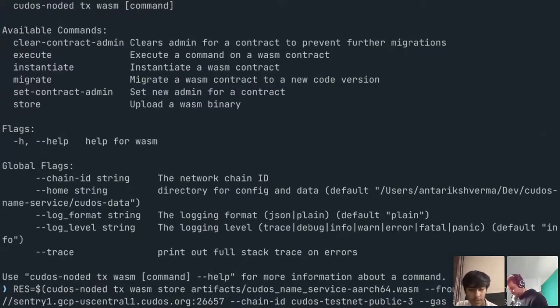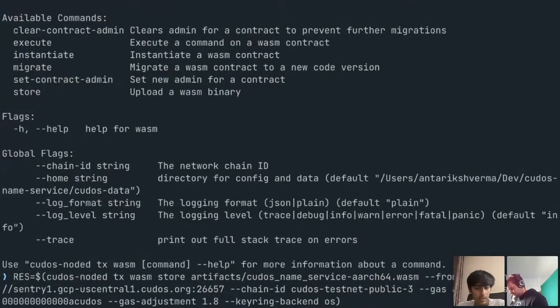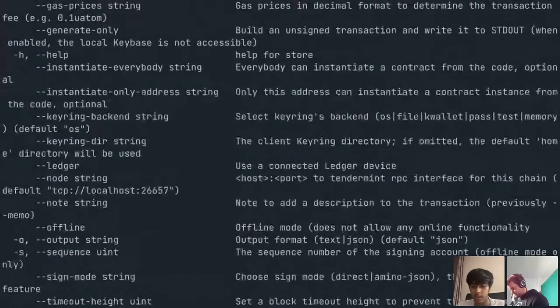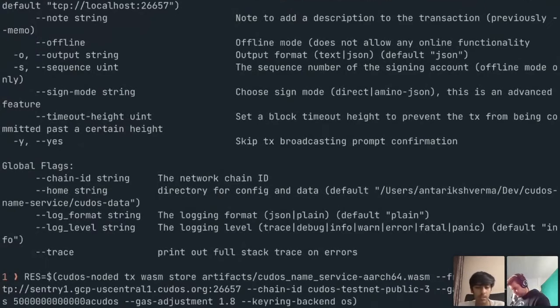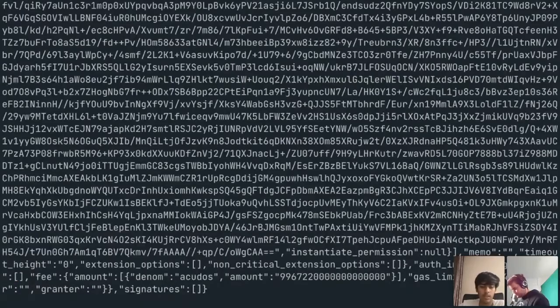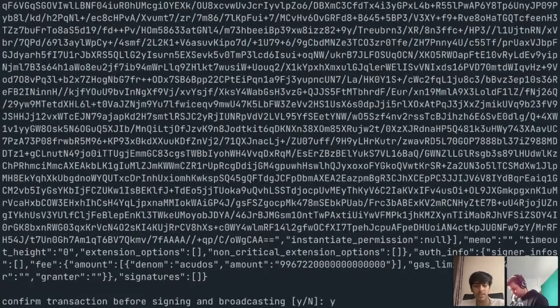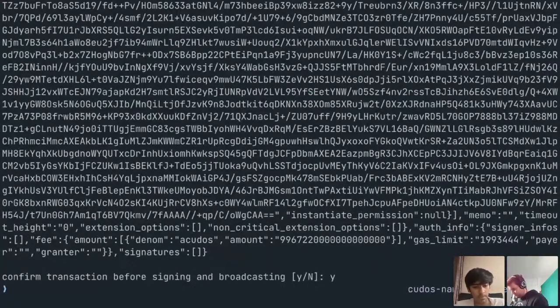So for example, if I do this, wait, no, never mind. This has to be with owner. So if I just remove the dash y command, it's just going to prompt me for whether or not to go forward. So dash y just skips that. Anyway, apart from that,